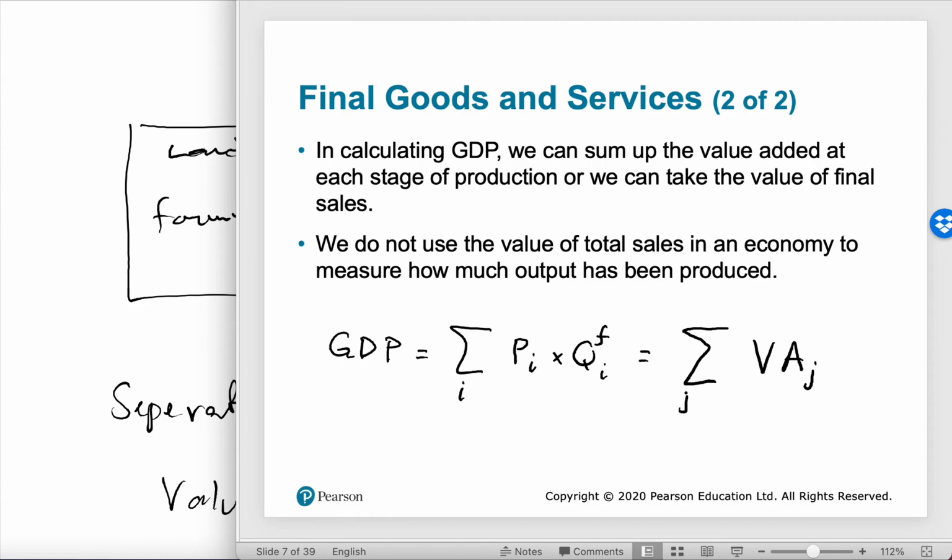And we have J factories, from 1 to K. So we ask each firm that produces inside the country. This is easier to follow, right? And we ask them how much value added each firm has created. And if you add them up, the sum of the value added is going to be equal to the final products.